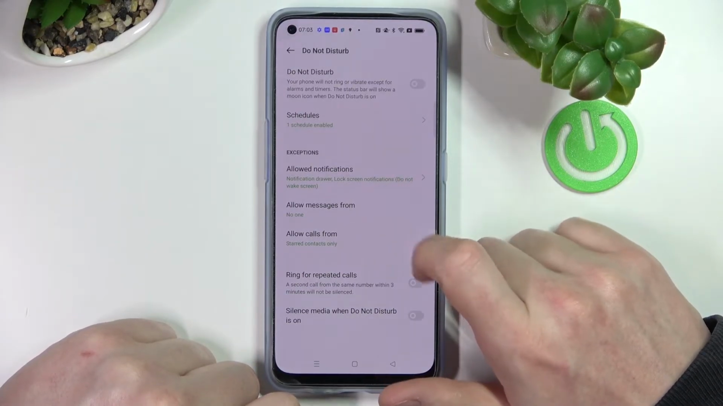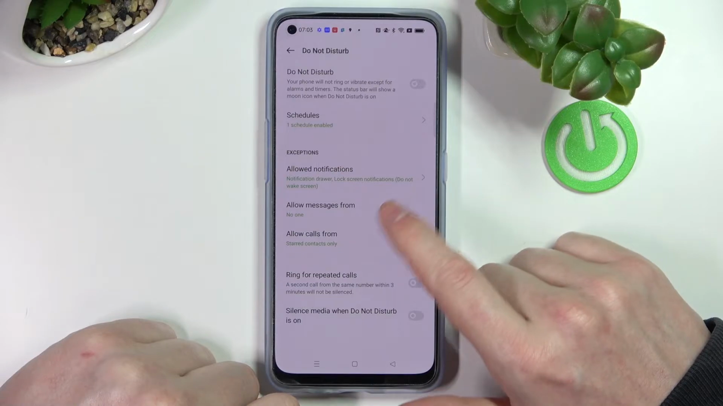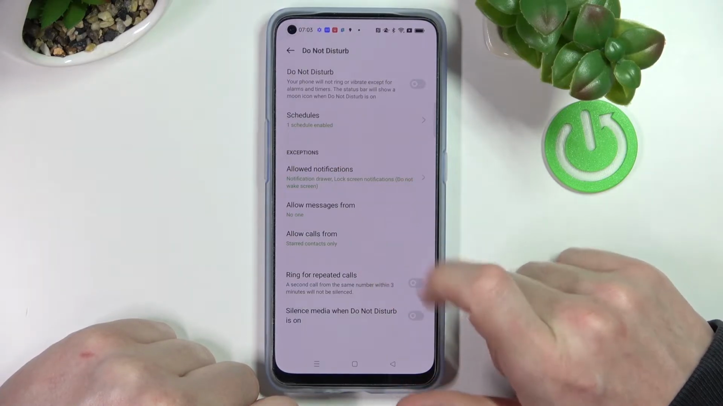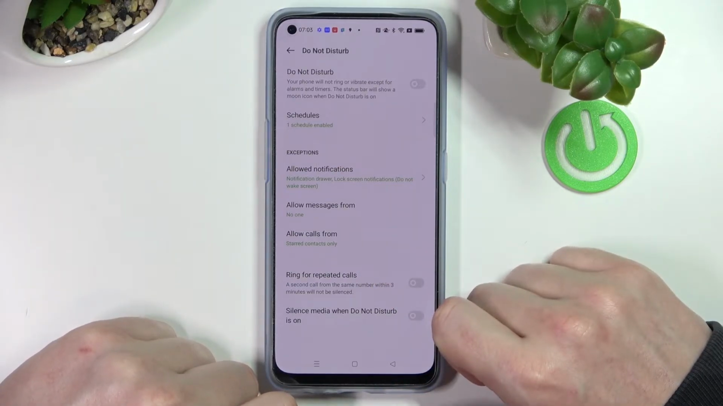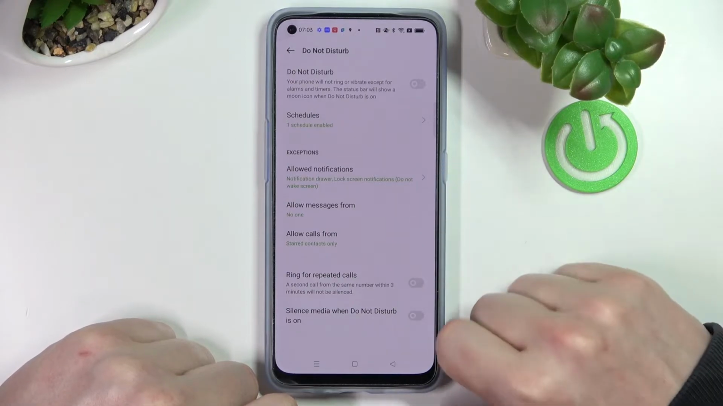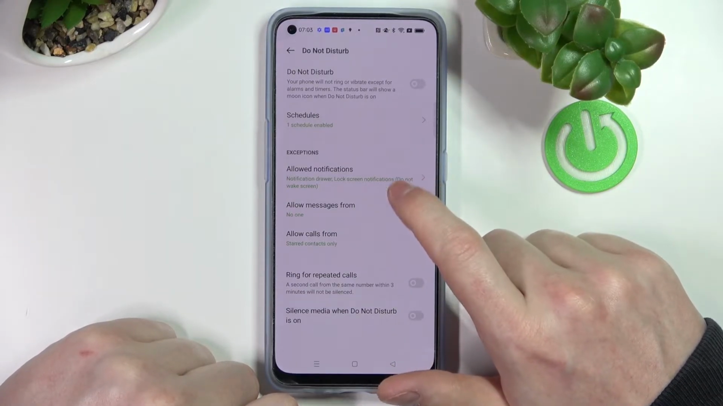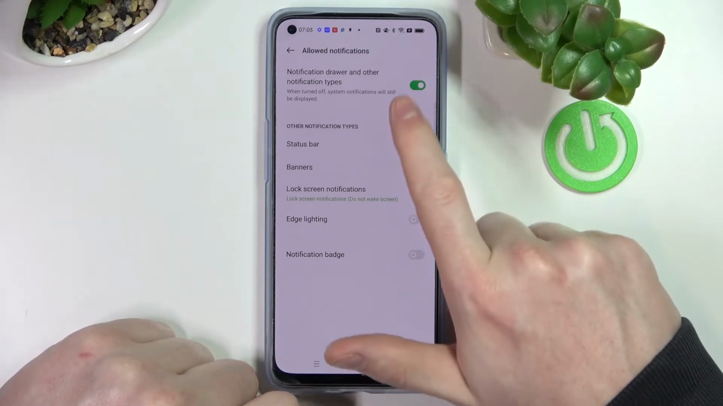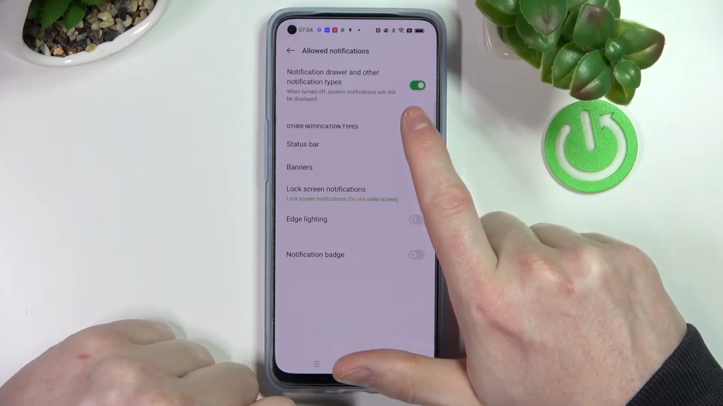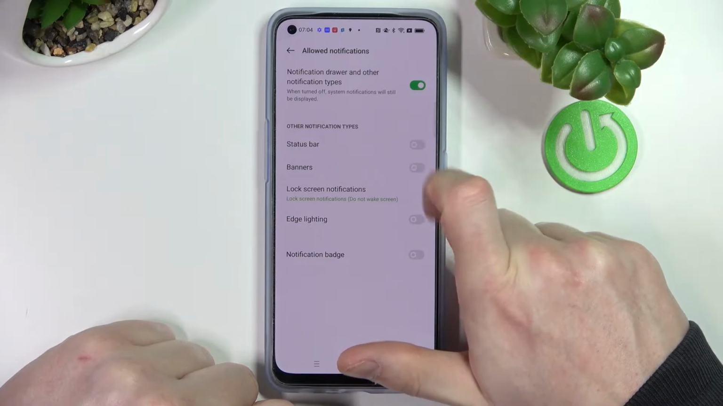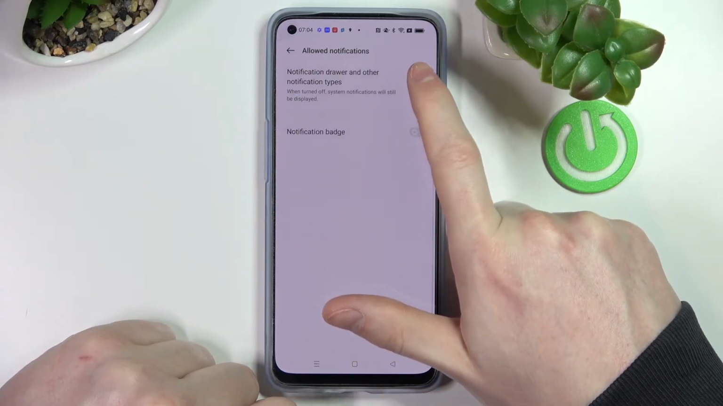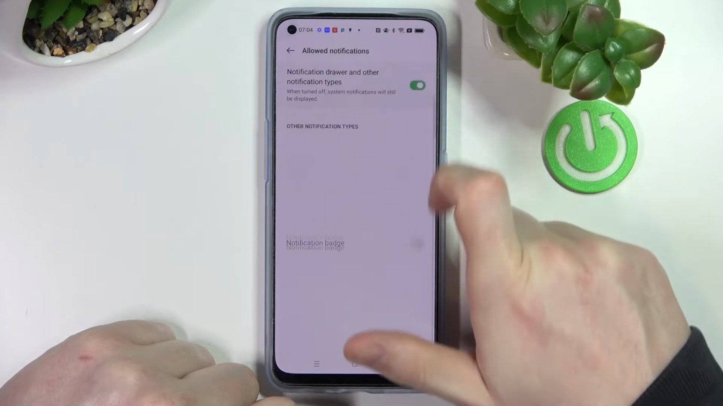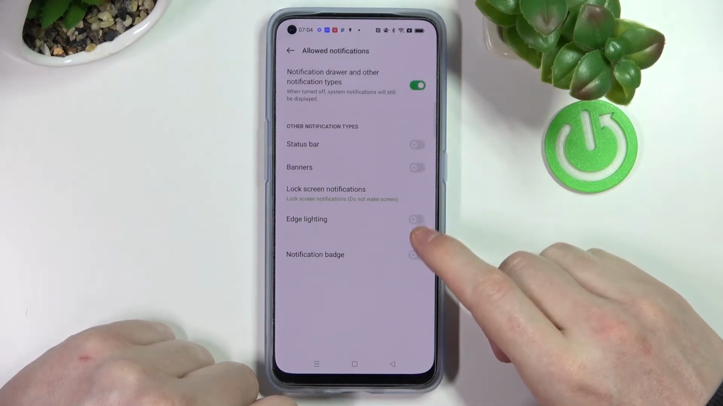The next option is exceptions, and you can specify from whom or from which applications you'll be able to get notifications while being in this mode. So the first one is allow notifications, and if you press on it you can modify it. Here you can enable or disable notification drawer and other notifications tab. Simply disable it if you don't want it, enable it, and you'll be able to customize specific